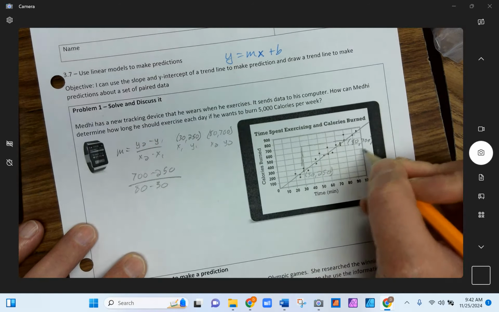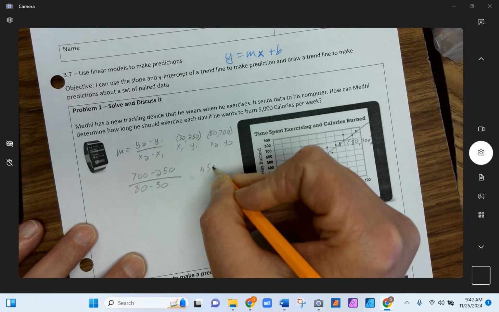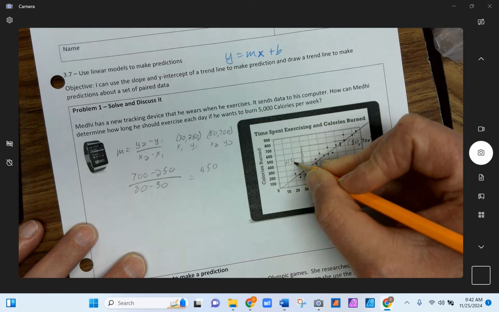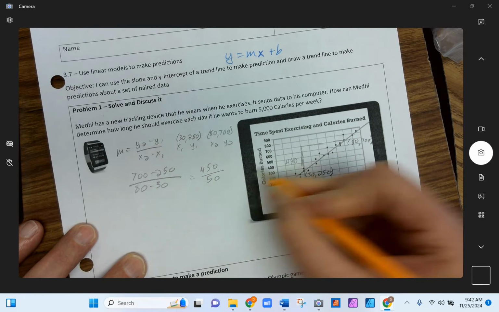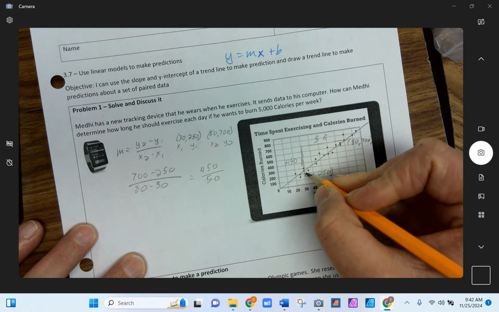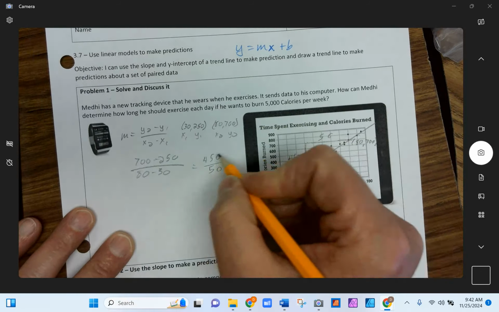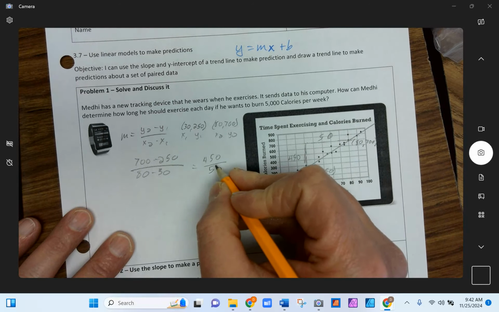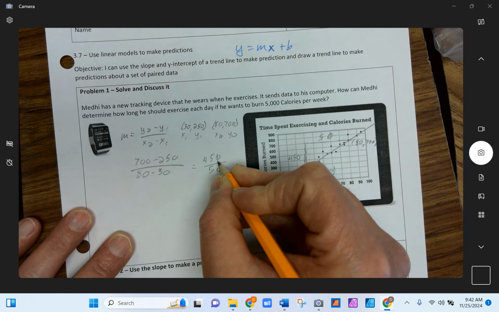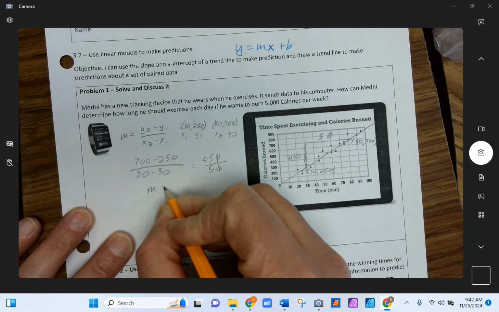So that 700 minus 250 is 450. That 450 is that 450 distance right there. And then on the bottom, we've got 80 minus 30 is 50. So that 30 to 80 right there is that 50, right? So that's how those numbers match up. Okay, easy peasy. We can cross out those zeros, and then 45 divided by 5 is 9. So we have a slope of 9